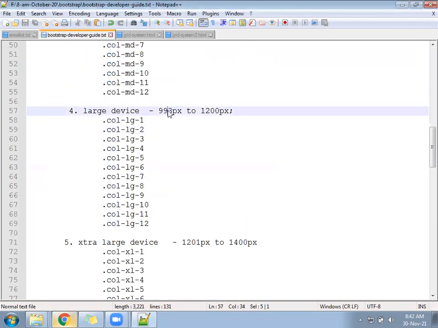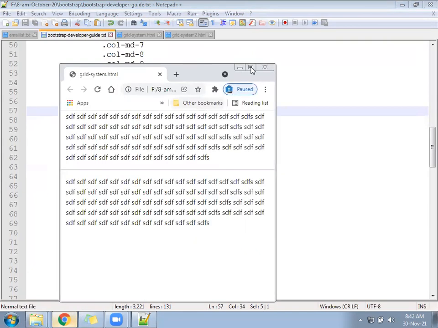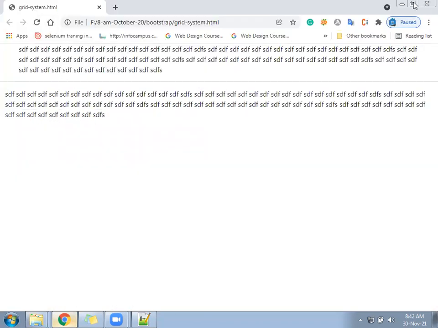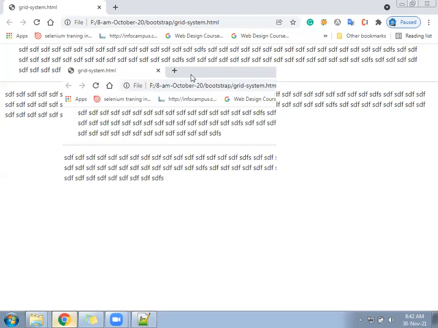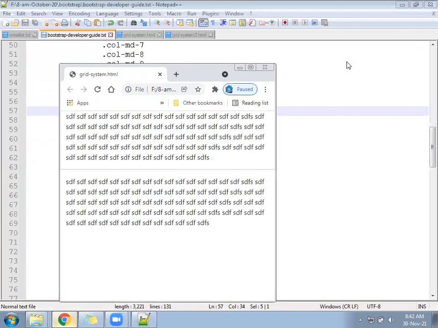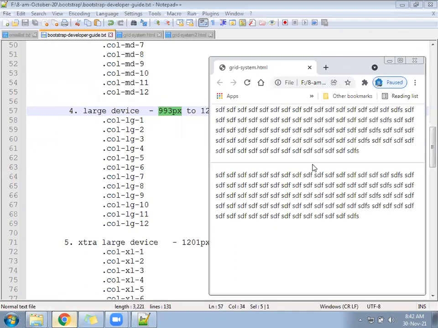LG will execute on those devices whose screen size is between 993 and 1200 pixels. Now suppose I am running in full screen, mine will come under the LG size. If you are running like this in half screen, yours will not come under LG, yours will come under SM. So the output will be different and a conflict will happen.